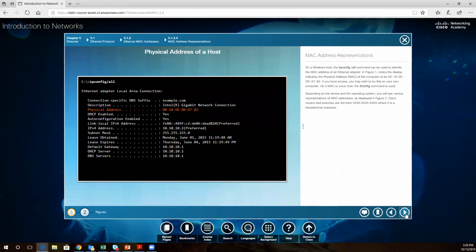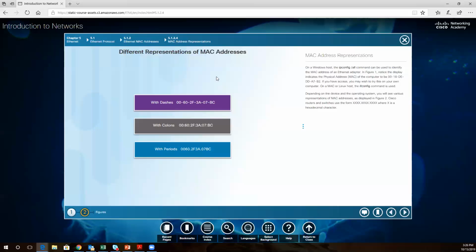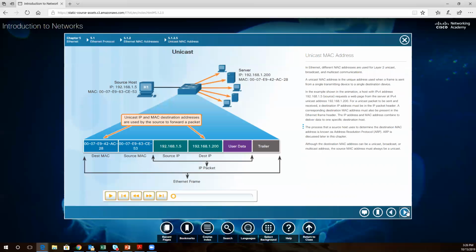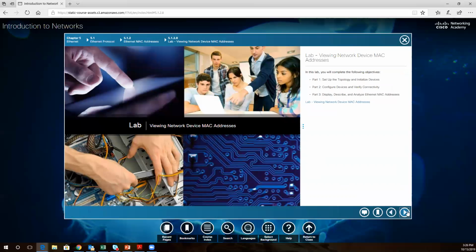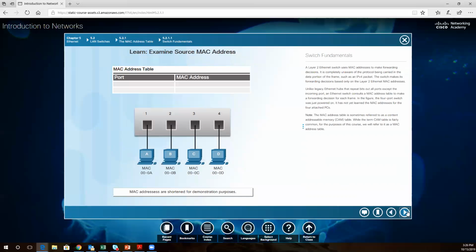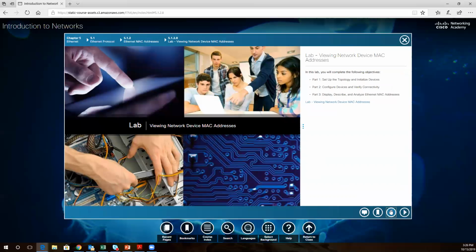You'll learn that switches will actually learn and filter MAC addresses. And you see here, ipconfig /all will give you the MAC address of your PC, which is pretty neat. And there are different ways to represent it with dashes, colons, or periods, depending on how it's written and how the operating system does it. What I really want to do with this is talk about the fact that when we're working with